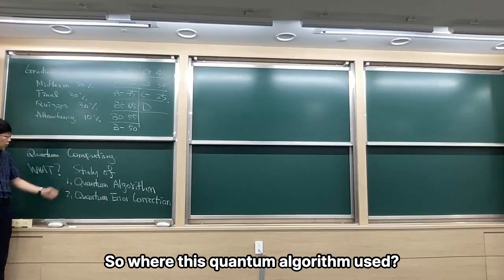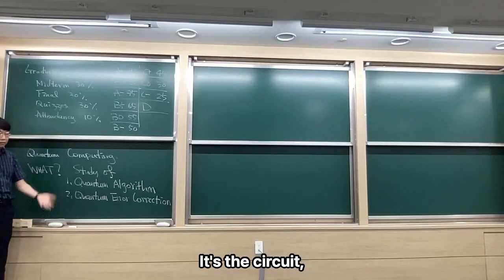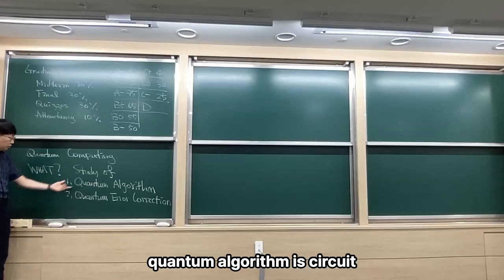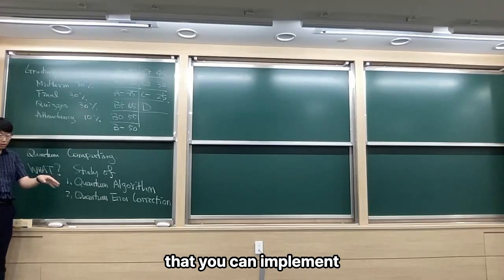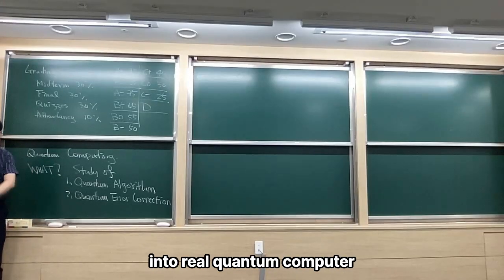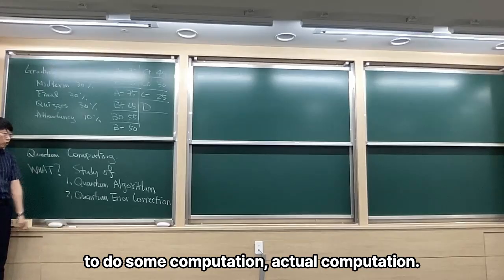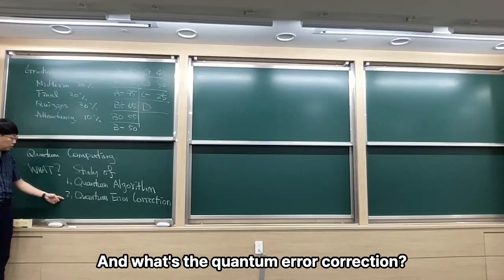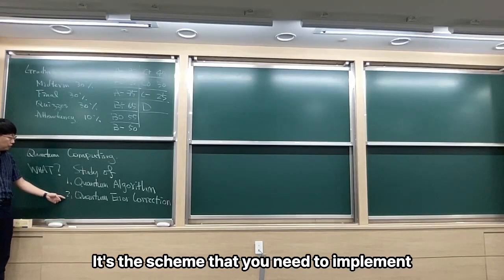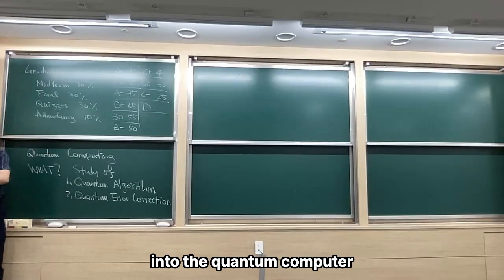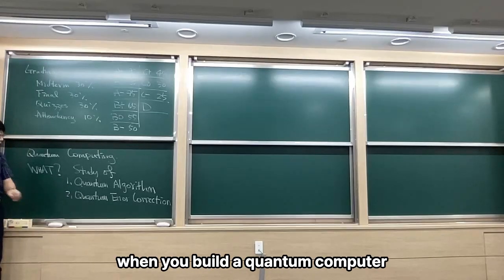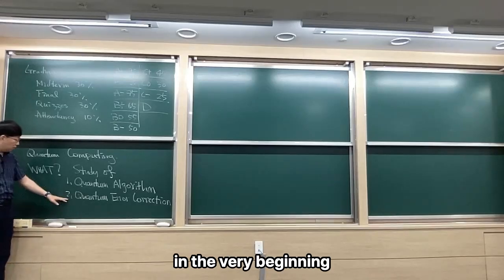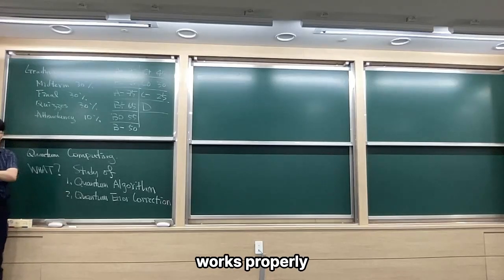So where is this quantum algorithm used? It's a circuit that you can implement on a real quantum computer to do actual computation. And what's quantum error correction? It's the scheme that you need to implement into the quantum computer when you build it in the very beginning